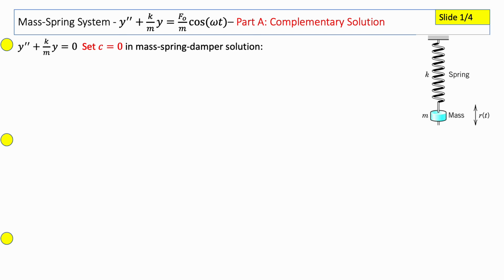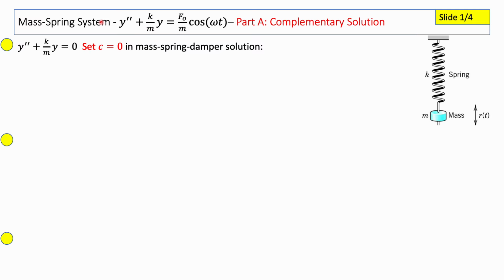So, coming back to a mass spring system, notice there's no damper here. In the last class, we studied the case with a damper. We're doing it without a damper now, again, as an exercise, just to go through the process again, so you get familiar with solving non-homogeneous equations. Up on the title is the differential equation we're solving: y double prime plus k over m y equals F0 over m cosine omega t. Now, there is no damping, so there's no c over m. So it's a mass spring